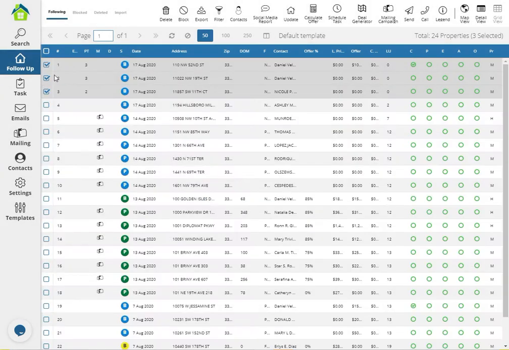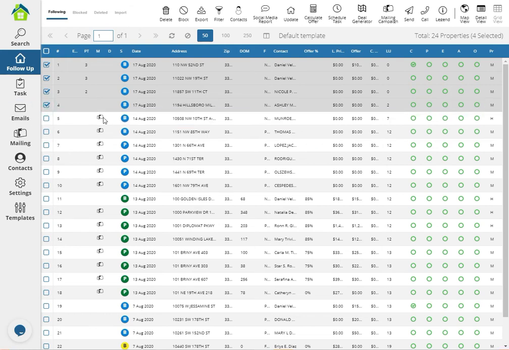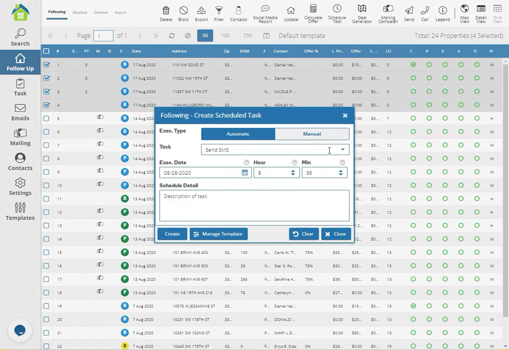So where you can see all the pending tasks that you have for these properties, you will see here in this column the number of pending tasks that you have for that property. As you see, I already have 3 pending tasks for this and 2 for this because I had one before. If I select that 4th property and select a new pending task like this, and document manually on Monday,